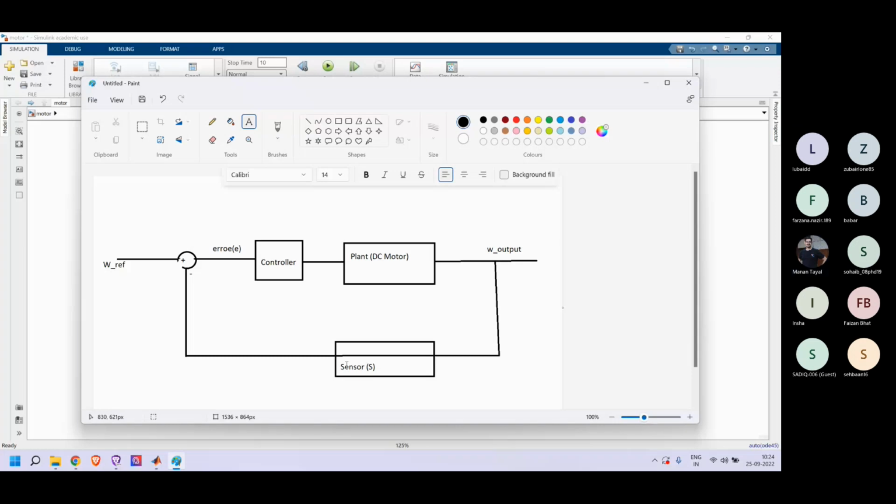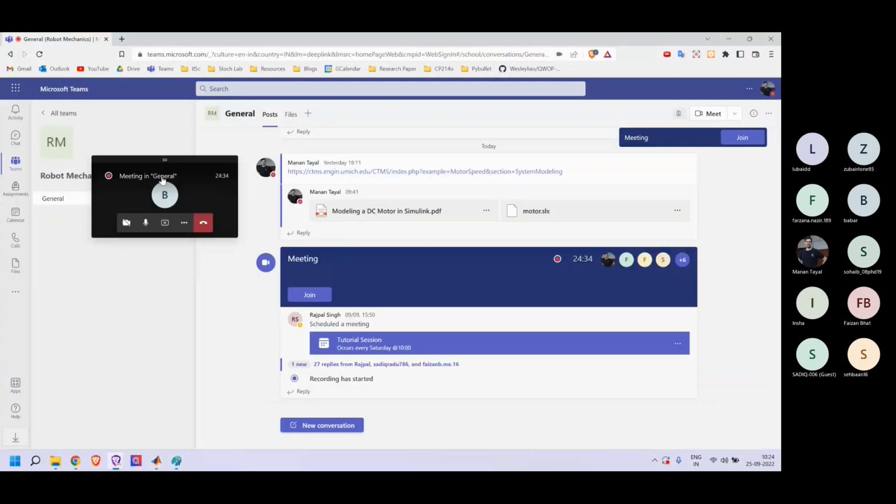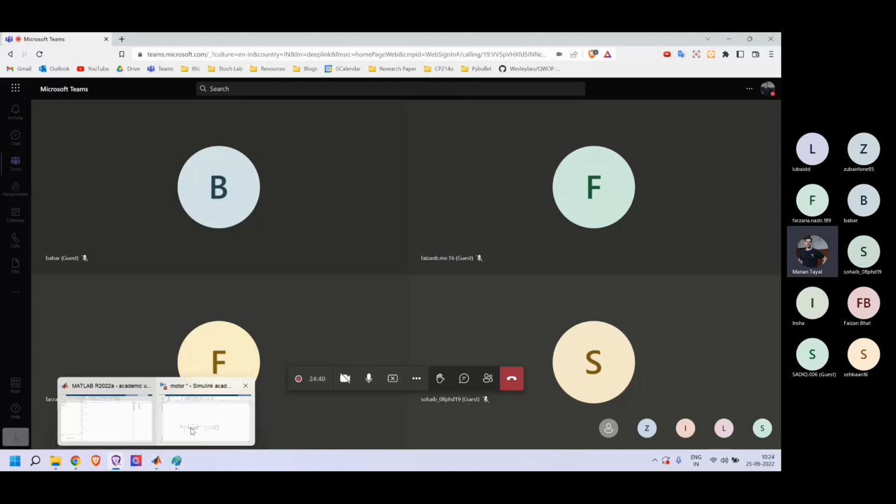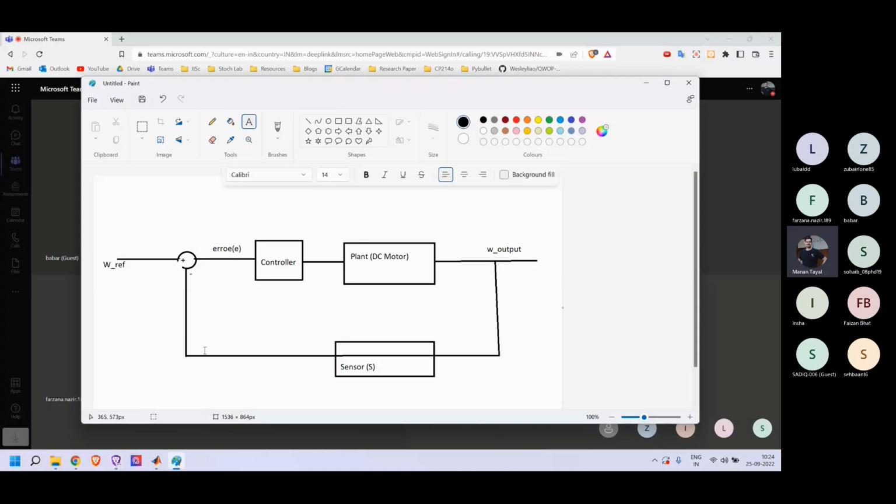Random guesses? Anyone? Okay, so I guess the class does not want to interact much, but the sensor model, we create this sensor